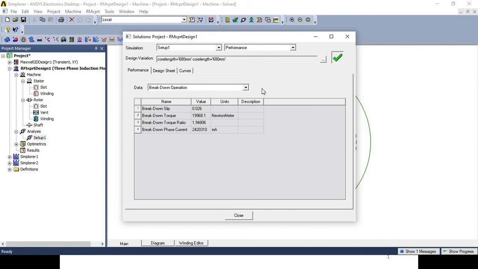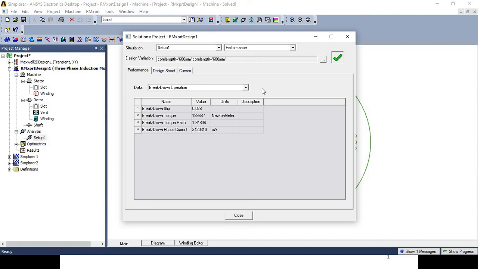Then we had discussed about analysis of the design, then validation checking of the design, then how to see the output parameters like design sheet, analysis, etc. So these are the different options through which we can select our requirement.